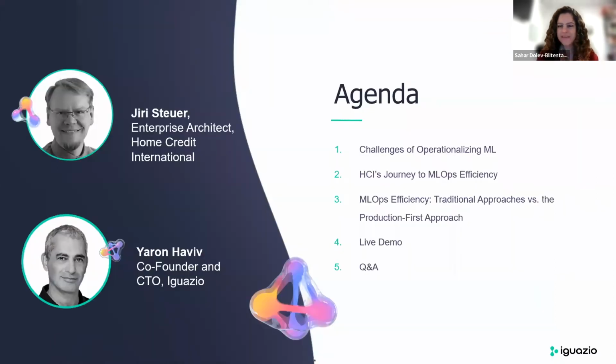I'm very pleased to have with us today Jiri Stewart, Enterprise Architect at Home Credit International. Jiri started his career as a developer, later became team lead and then architect at Home Credit International. He's experienced in financial services with banks, in telcos, and he has a large variety of companies under his belt. He began his ML journey in university with a focus on statistics, neural networks, combinators, etc. And we're very pleased to be hosting him on MLOps Live today to be talking about his journey with MLOps